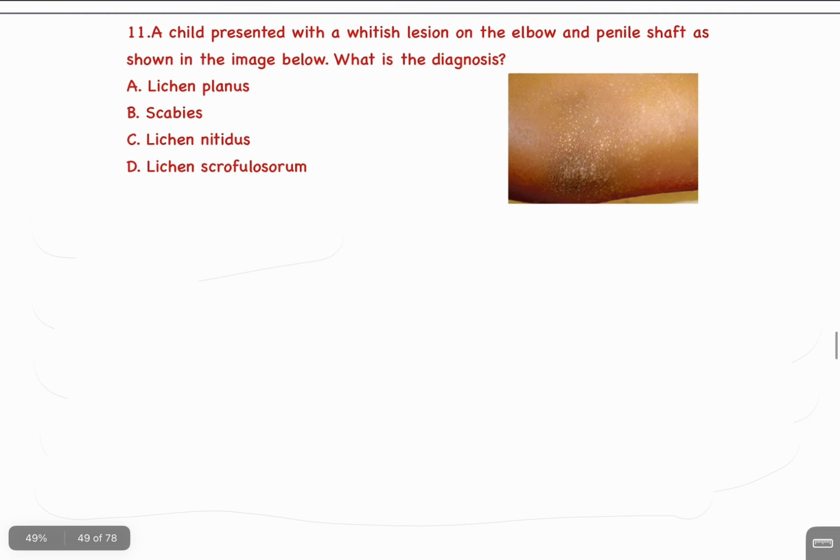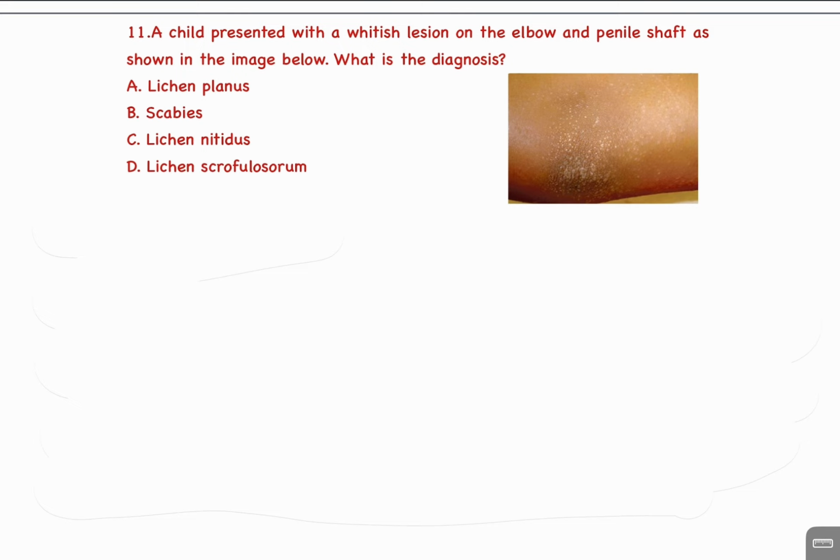Question number 11. A child presented with a whitish lesion on the elbow and a penile shaft as shown in the image below. What is the diagnosis? A. Lichen planus, B. Scabies, C. Lichen nitidus, D. Lichen